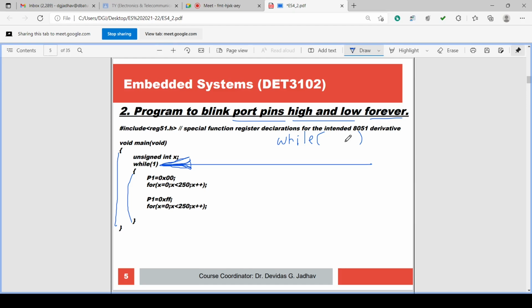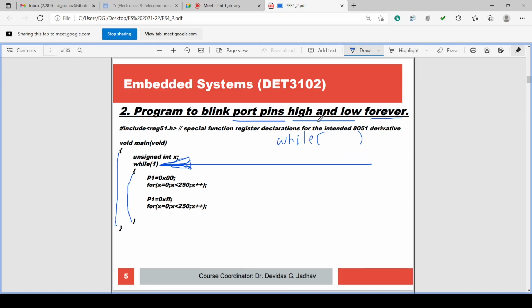So if while 1 is there, the condition is 1, meaning true, and it will execute for all time, infinite time, so forever. So while 1 is an infinite loop.